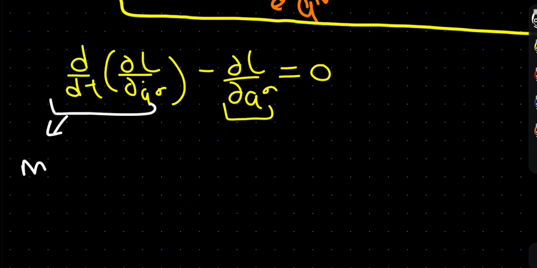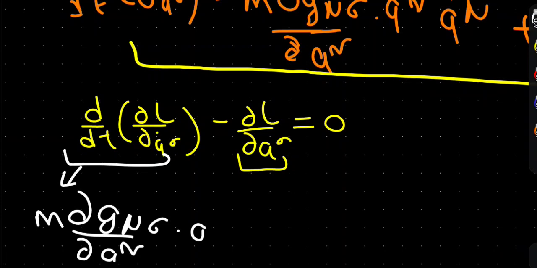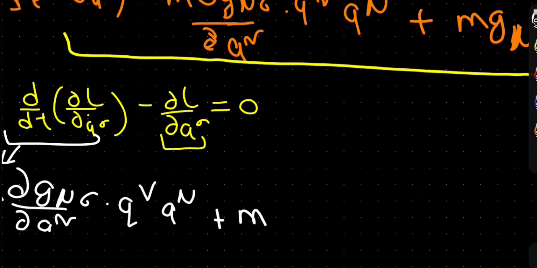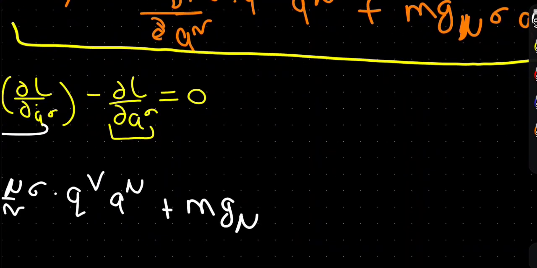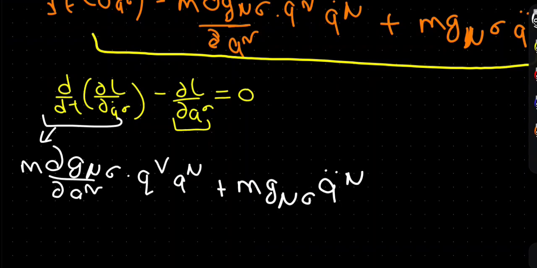It will be like m del g mu sigma divided by del q nu, not v, it's nu. I'm also a little slow in this language. Q nu, q mu, and plus m g mu sigma, and q double dot mu. So this is our equation, and the negative of our other equation, which will be like m